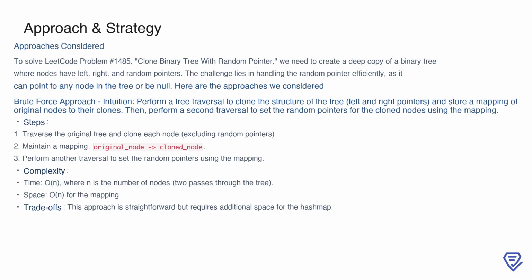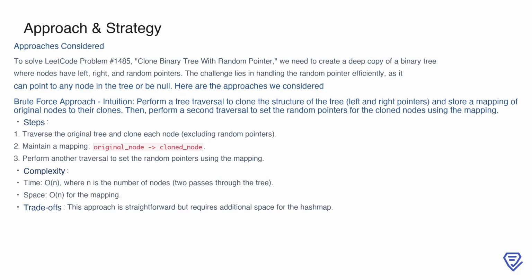The intuition here is to break the problem into two clear steps. First, traverse the tree to clone its structure, focusing only on the left and right pointers while maintaining a mapping between the original nodes and their clone counterparts. Second, perform a second traversal to assign the random pointers for the clone nodes by leveraging this mapping. While this method is straightforward, it requires additional space for the hash map and involves traversing the tree twice. This results in a time complexity of O(n) and a space complexity of O(n),